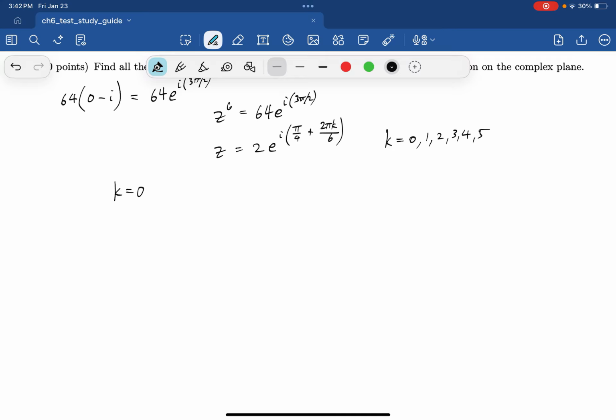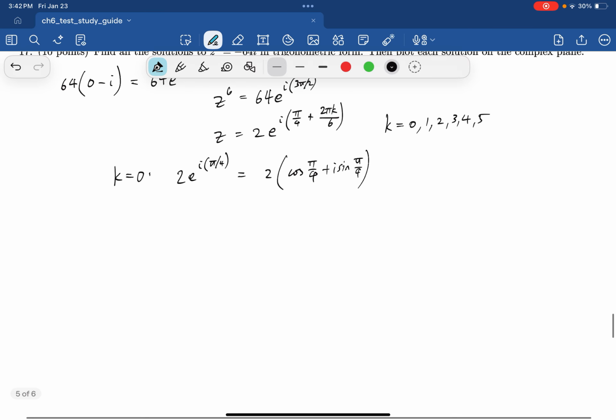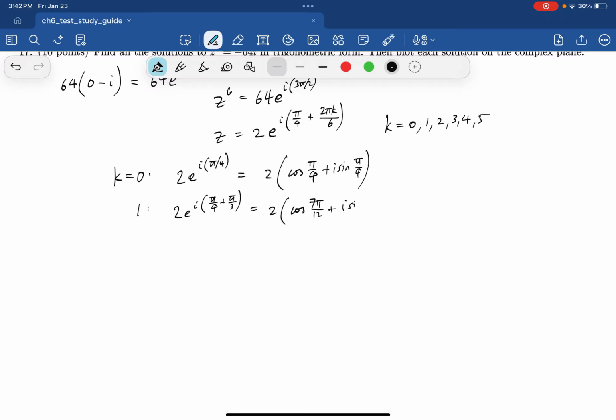So for k equals 0, I'm going to get 2e to the i pi over 4. And in trigonometric form, that is 2 times cosine pi over 4 plus i sine pi over 4. The question just asked for trigonometric form, so I can leave it like that. If it's 1, then I have 2e to the i pi over 4 plus pi over 3, which is 2 cosine 7 pi over 12 plus i sine 7 pi over 12,